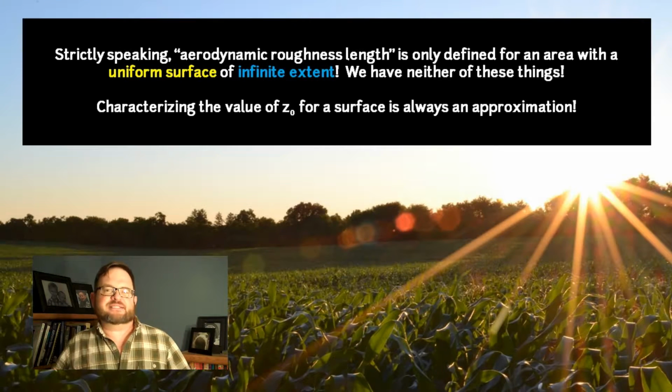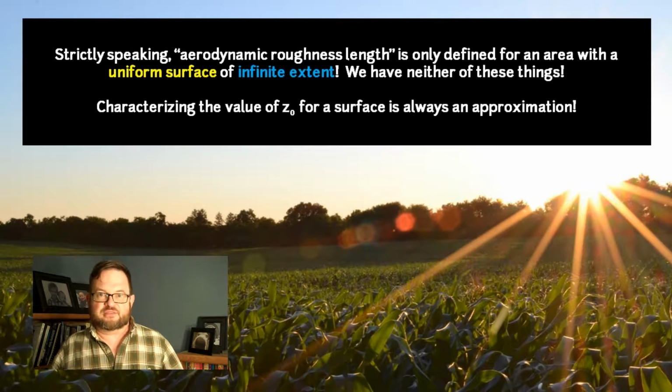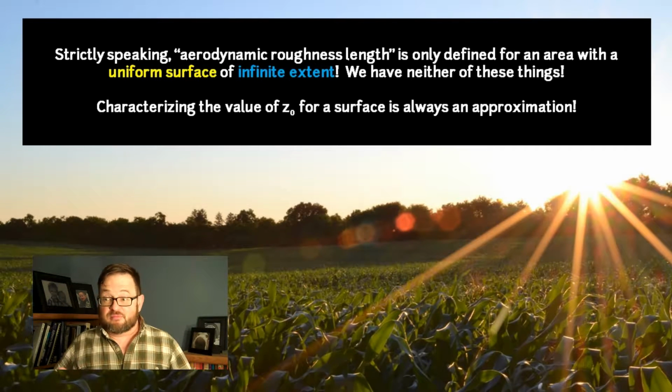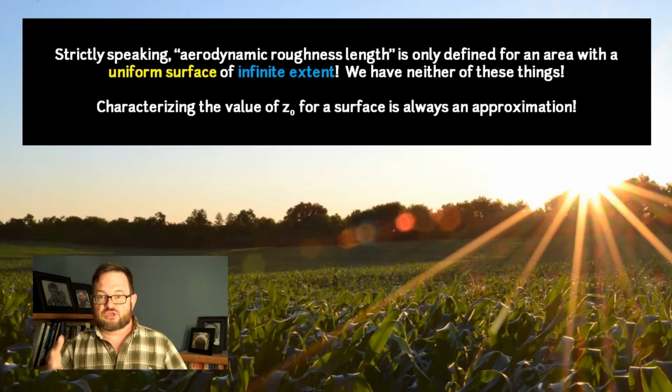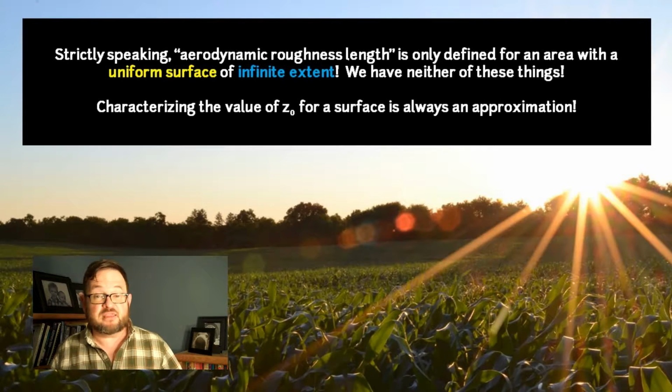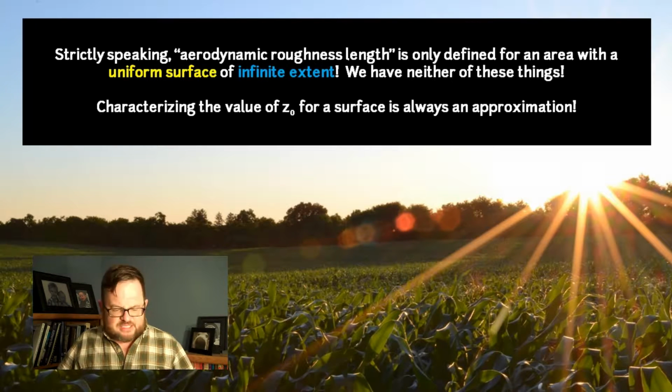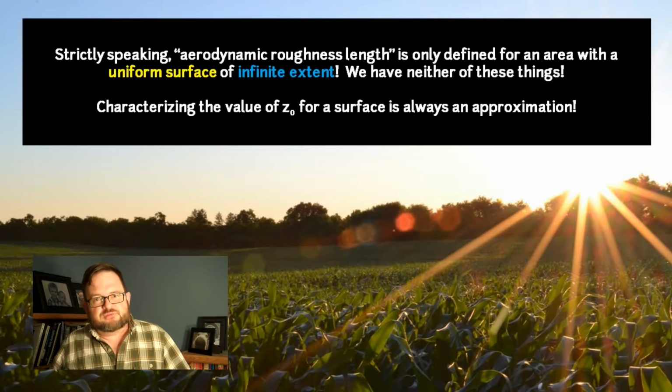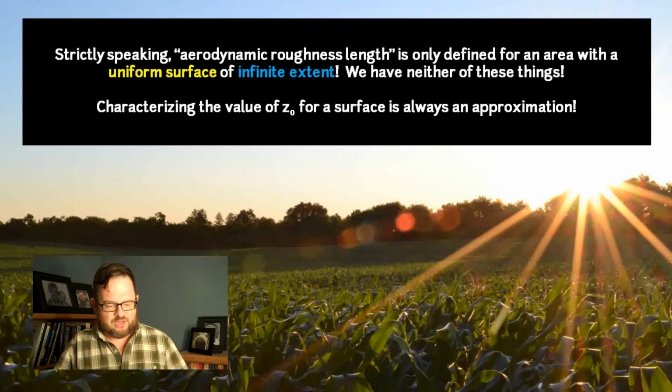And so by necessity, this aerodynamic roughness length that we're working with is always an estimate. It's an estimate that we can get from empirical data. Remember that trick we did where we plotted winds at different heights on semi-log paper, and the intersection of the line that fit those points where it intersected the y-axis was another estimate of the aerodynamic roughness length? There are different ways of doing this, but they're always going to be an estimate, because the truth of the matter is it isn't really well defined for real surfaces anyway.